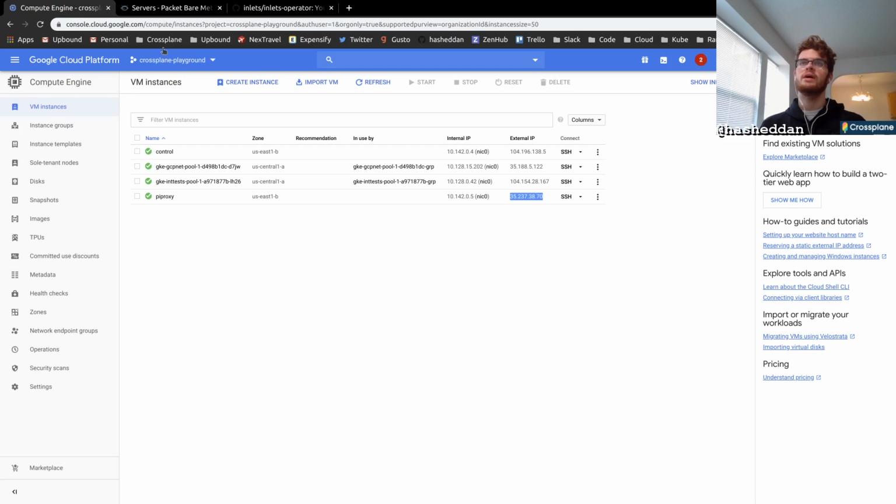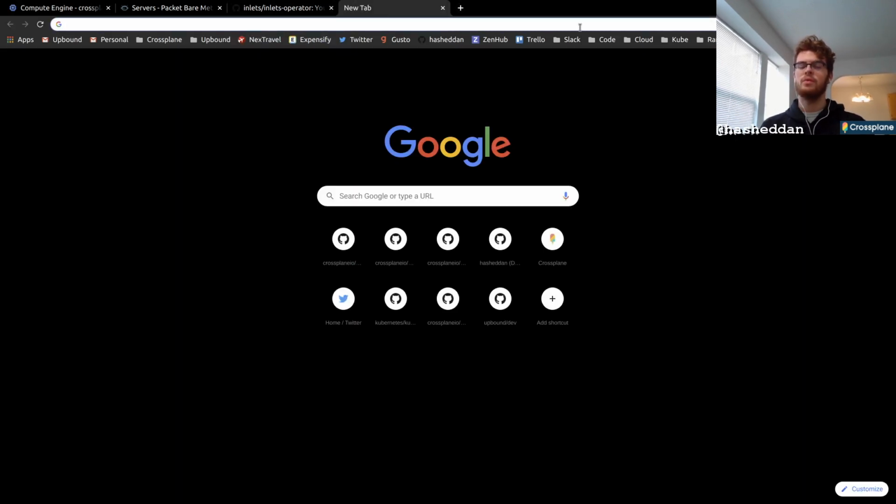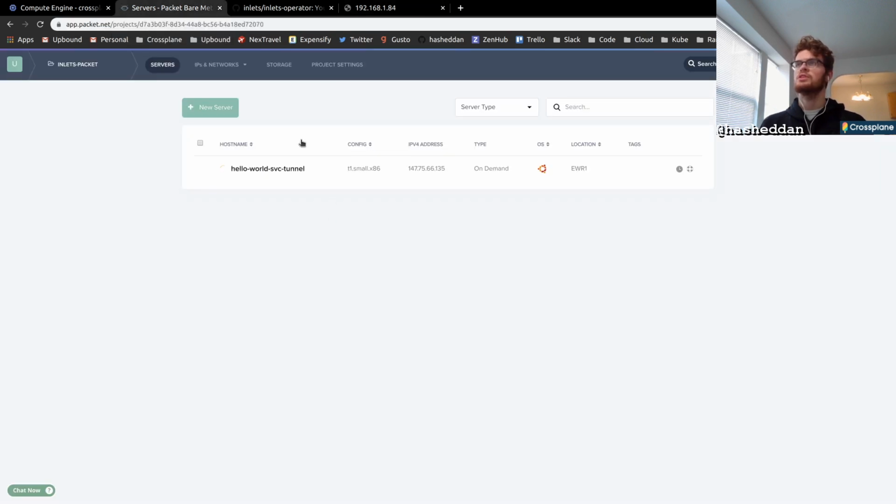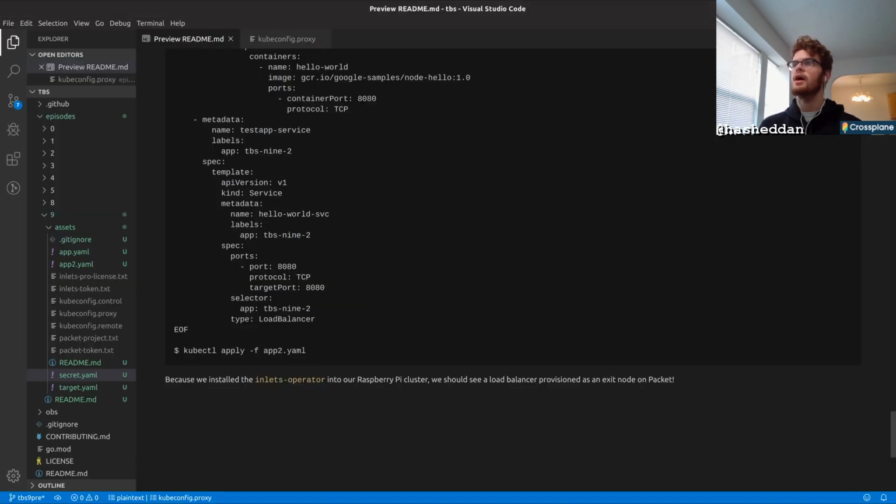I will say I'm pretty proud of the timing here, because we have 5 minutes left and we are about to wrap it up. But it looks like this was not successful for us. This could be because the server is still being provisioned, and that does look like the case. But you'll see here that a packet server was automatically configured using the Inlets Operator that we installed in the K3s cluster on the Raspberry Pi, which allows me to now have these public-facing services on the internet. So that is pretty cool. It looks like the IP assignment is a little bit off here, and that is likely something on Crossplane's side